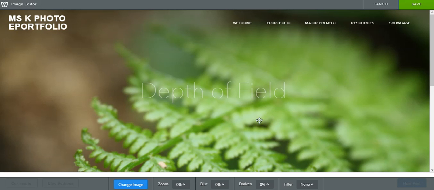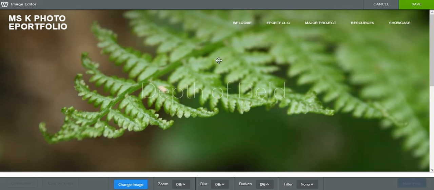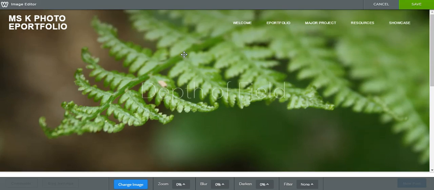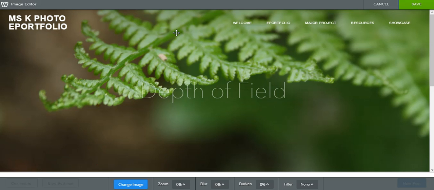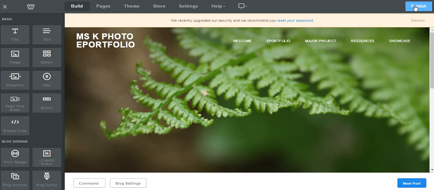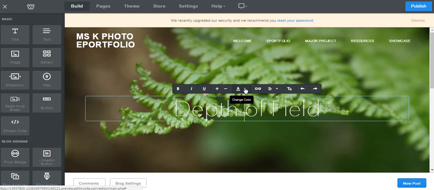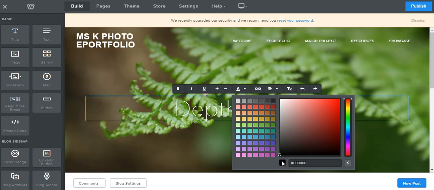And there we go. So I'm going to just arrange my image just to see how I like it. That looks good. We go there, and then I'm going to save. So I can always go back and adjust or pick a change in color. I don't know, maybe I might pick black,